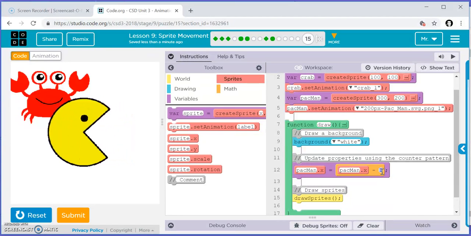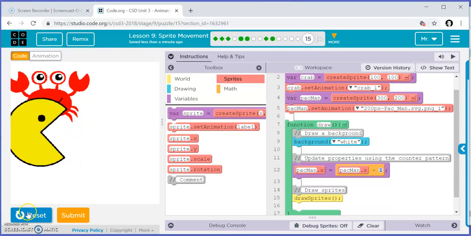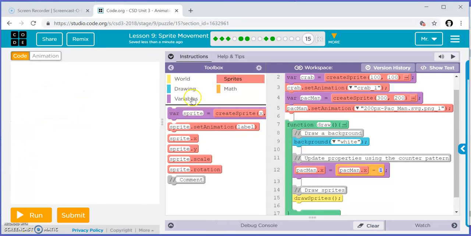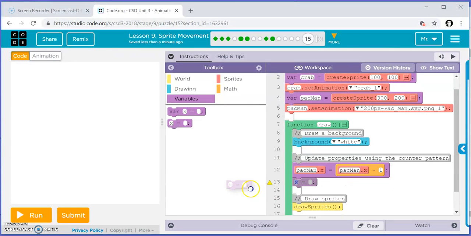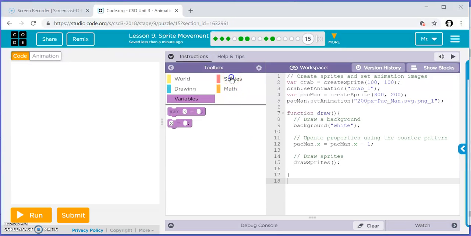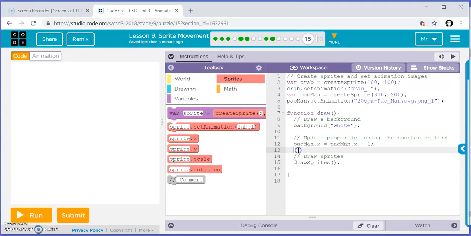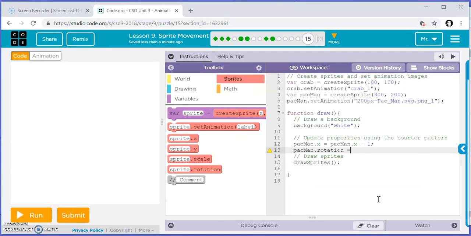Mess around with the number, see what happens when you increase the number, and run it again. All right, let's say I also want Pac-Man to be rotating as he moves. So I'm going to use the variable code again. And some of you are getting to the point where you realize you can just type the text in. So if you've got skills, using the blocks is fine, but eventually you're going to want to start typing. Pacman.rotation equals